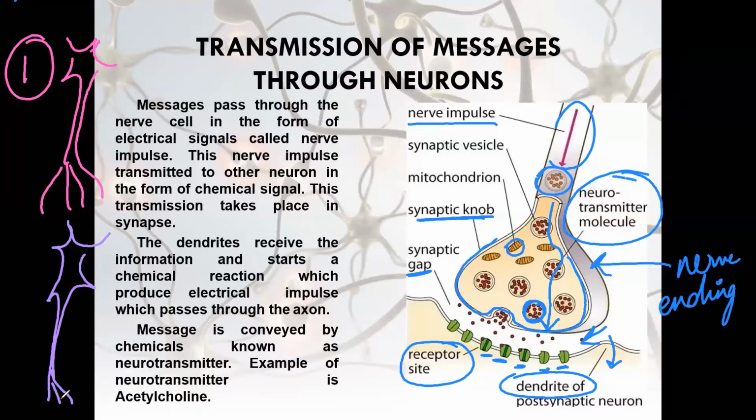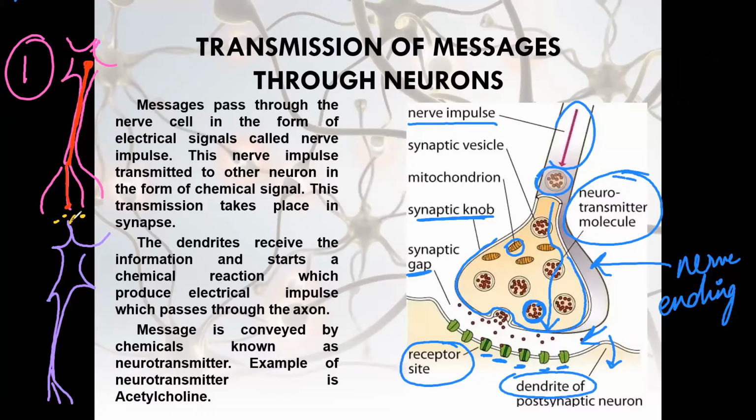The message inside the neuron is an electrical impulse. So right here indicates my electrical impulse. As soon as these electrical signals reach the synaptic nerve, they are converted into chemical signals, which will be